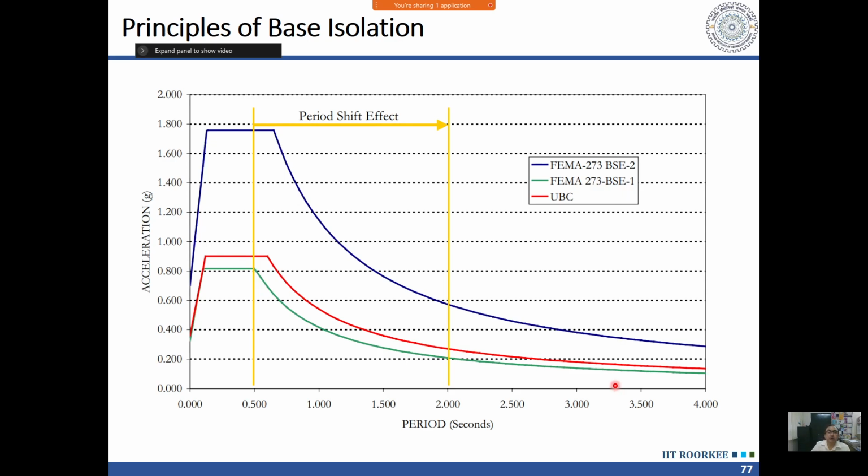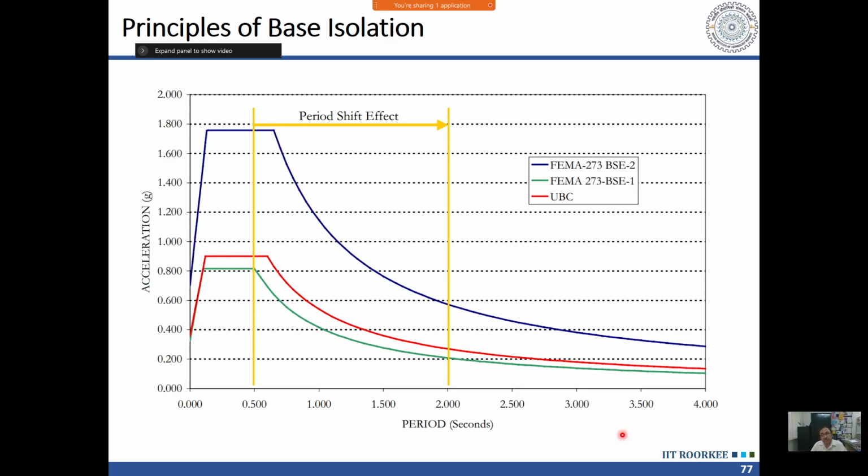Now what does damping do? Here I have shown the effect of this period shift. So if I use flexible bearing, base isolation is nothing but use of some type of flexible bearing. And with that flexible bearing, suppose originally the period of my bridge was 0.5 second, I change it to 2 seconds. So you can see that it will reduce to, here it was close to 1.8, let us say, here it is 0.6. So the force will be reduced to 1/3. So that type of reduction I will get.